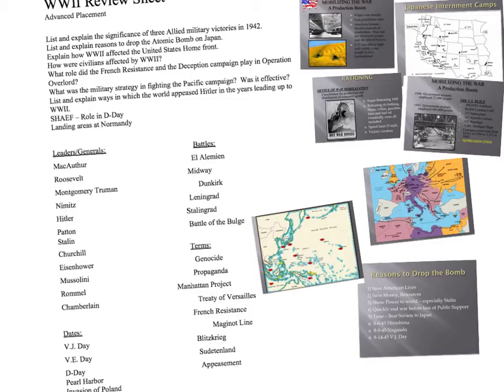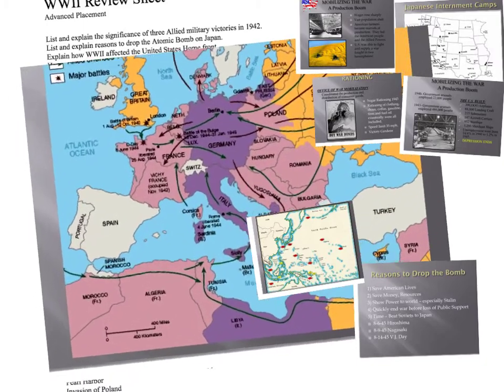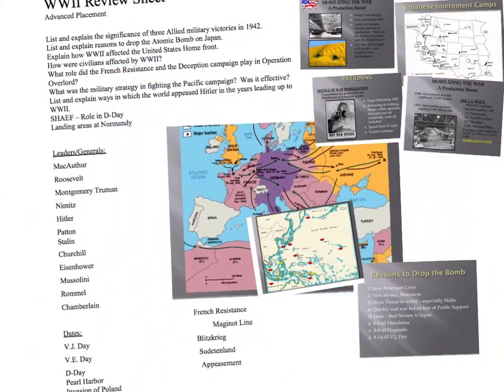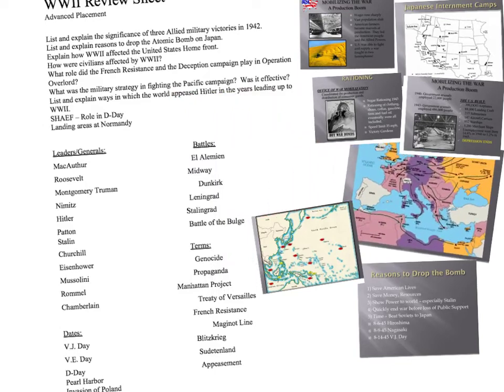Alright, then we can move into SHAEF, and this has to do with your project, the role of the Supreme Headquarters of the Allied Expeditionary Force and Eisenhower's role in that, and various landing areas in Normandy. We can talk about the beaches in Normandy, whether it's Gold, Juno, Omaha, the various beaches that were a big part of those invading areas. So those are the open-ended essay questions, short answer, that you should be familiar with.